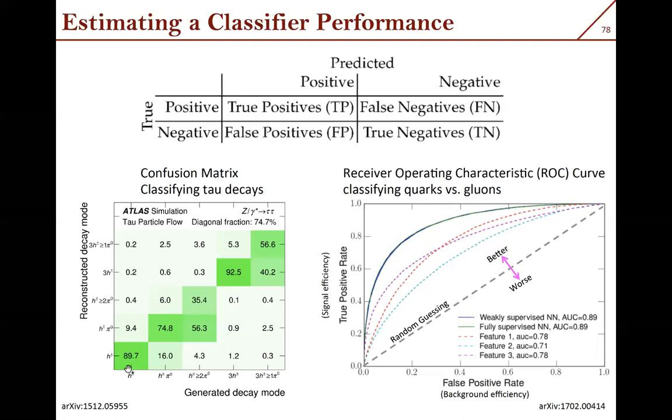Probably the best one you get is when you have 3 hadrons, where you get close to 93%, followed by the single hadron where you get close to 90%. And the worst performance you see is as you have more number of pi 0, and it's no prize for guessing that these neutral particles are quite notorious to reconstruct, particularly in a hadron environment such as LHC. Okay, that is one thing you see.